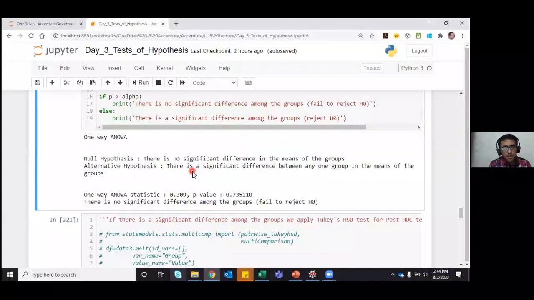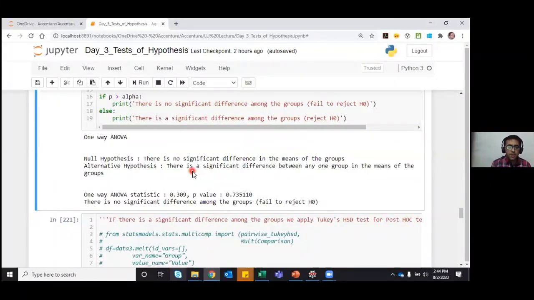It may be the case that the mean of one group and the mean of another group may not have any significant difference, but the mean of height 1 and the mean of height 3 may have a significant difference. So ANOVA will tell me, yes, there is a group which has a significant difference. It will not tell me which of the groups, but it gives me an indication that among the 3 groups that you have, there is a significant difference between some pair.